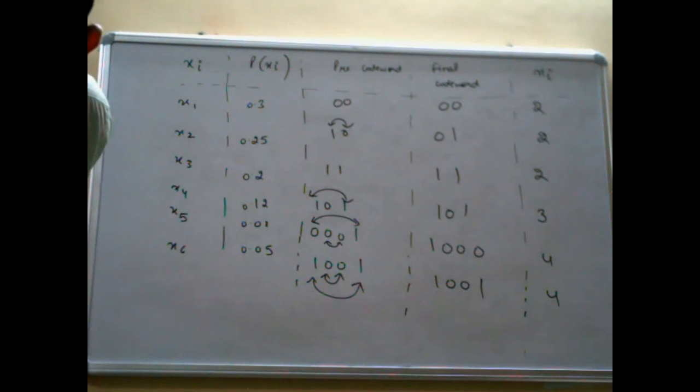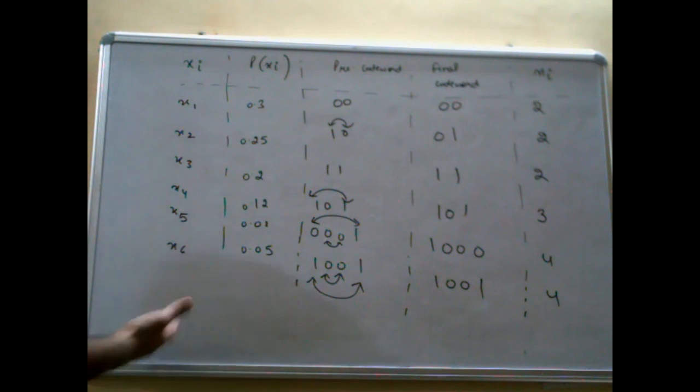Let me see the comment section. Okay. So now three parts are there along with this question. First is to find the average length. Second is entropy. Third one is coding efficiency. That is very simple, so now I will talk about it. We have 5 minutes, so it will be done.